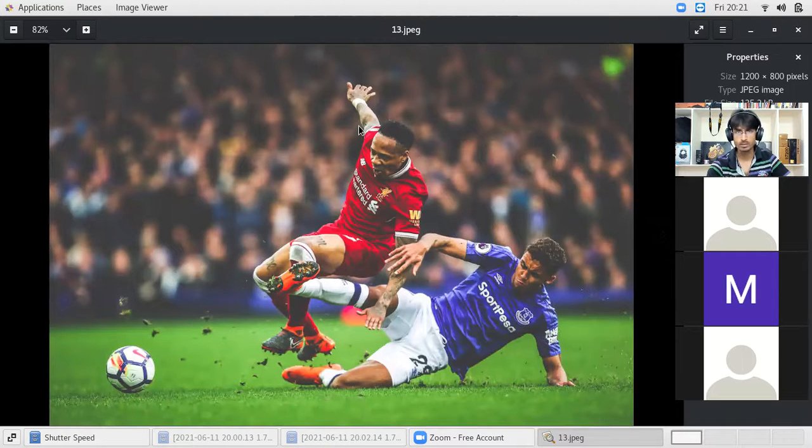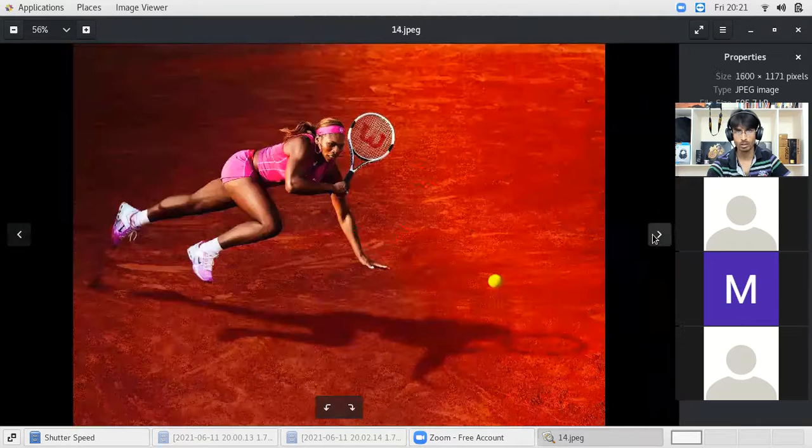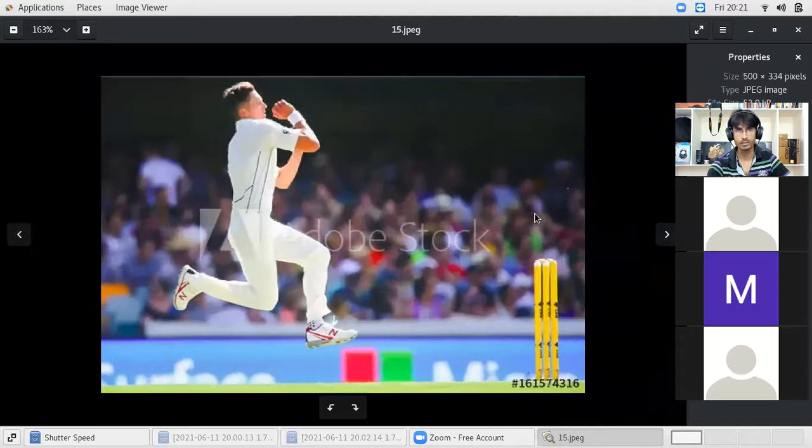For high action, it requires an even faster shutter speed, like 1/400 will also not be enough. Something like 1/800, 1/1200 of a second will do. If you want to shoot any type of fast activity, you have to use a shutter speed something like 1/1200 of a second, 1/1000 of a second. All these photos are examples of how to use a faster shutter speed to arrest movement in a frame or photo.